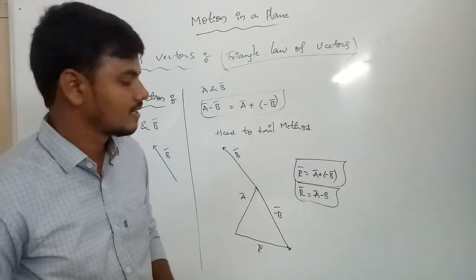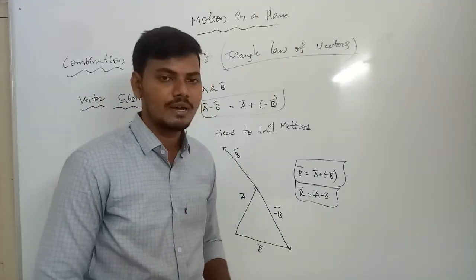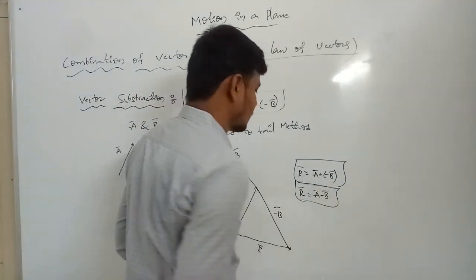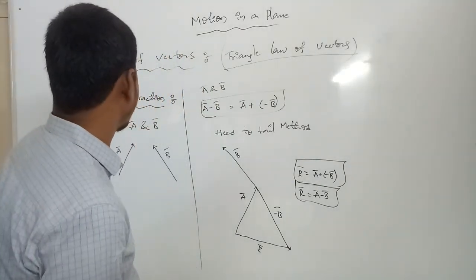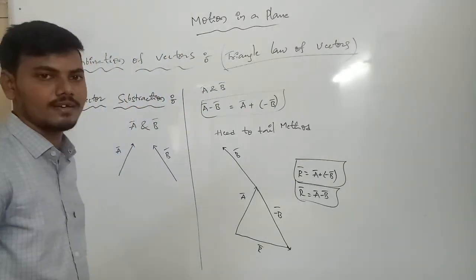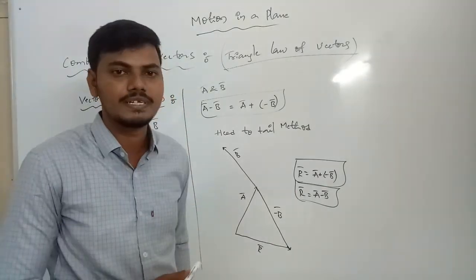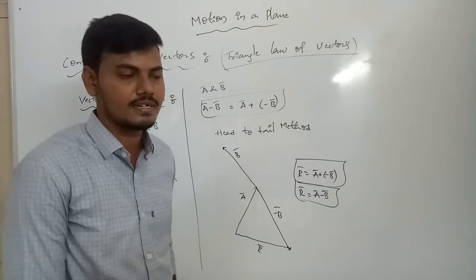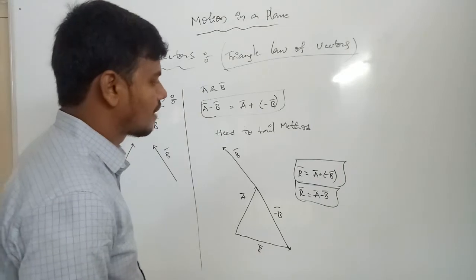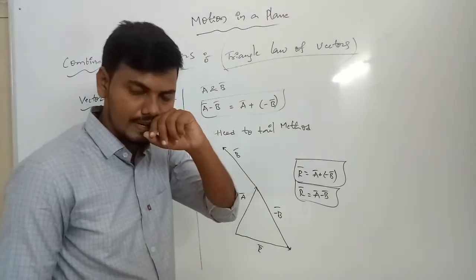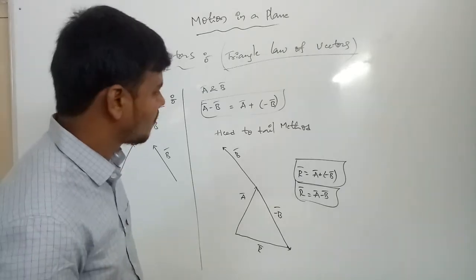The first we can introduce it. R bar is equals to A bar plus B bar is vector addition. Now R bar is equals to A bar minus B bar is equals to the next side of the property. The combination of these vectors. Okay, there are two types of vectors we can introduce. A bar and B bar. The first one is addition vector. Second one is subtraction of vector. In addition we can take in R bar is equals to A bar plus B bar. Subtraction we can R bar is equals to A bar minus B bar. Okay, this is the combination of vector.